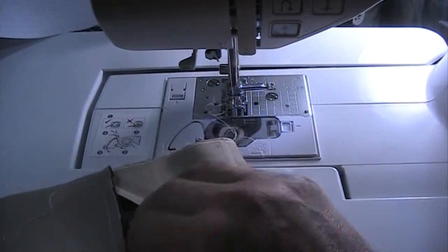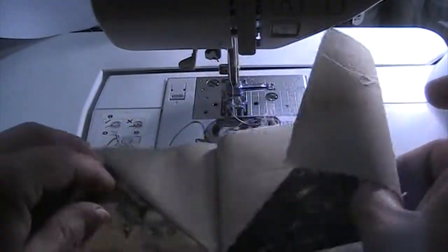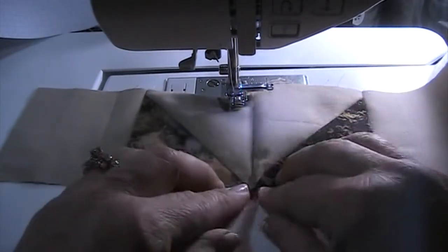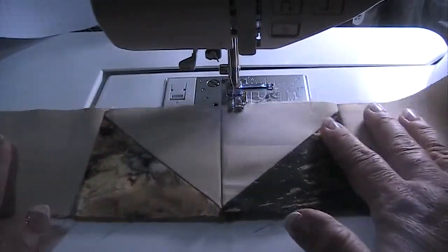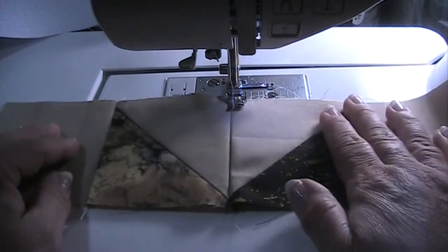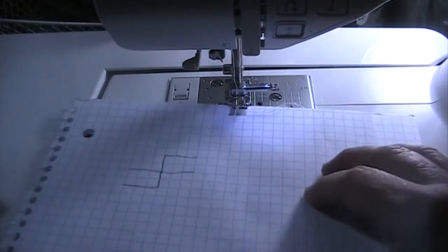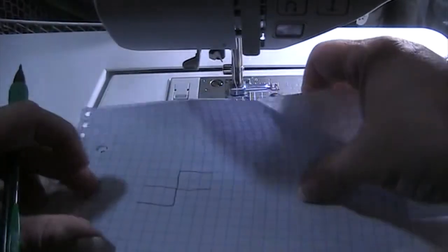My seam should pretty much match and give me a really nice point right here, and it does. Let me go ahead and construct the second row, and then I'm going to show you how to put the rows together. Remember I said I was going to show you on the graph paper what it looks like to